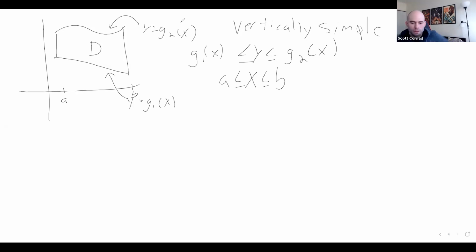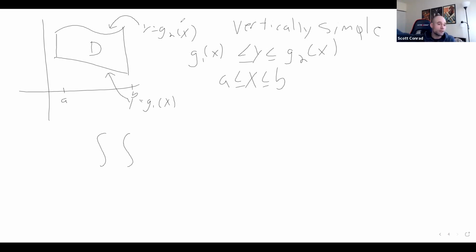Okay. So when we integrate over a rectangle, we could integrate with respect to x first or with respect to y first, and we get the same answer. And we said x goes from a to b, y goes from c to d. So we're going to do the same thing here, except now,